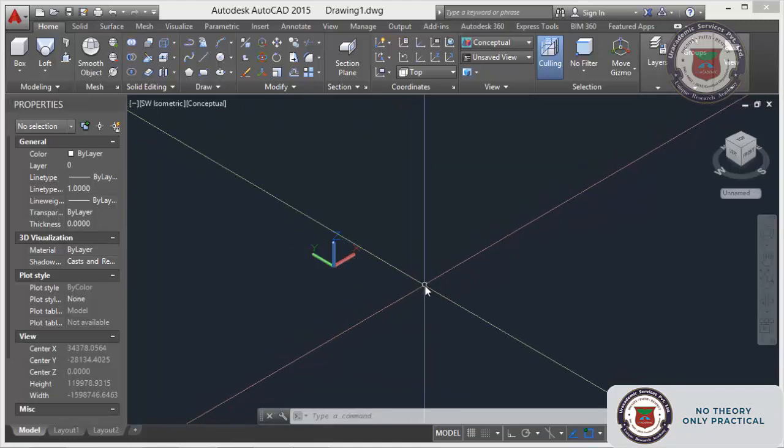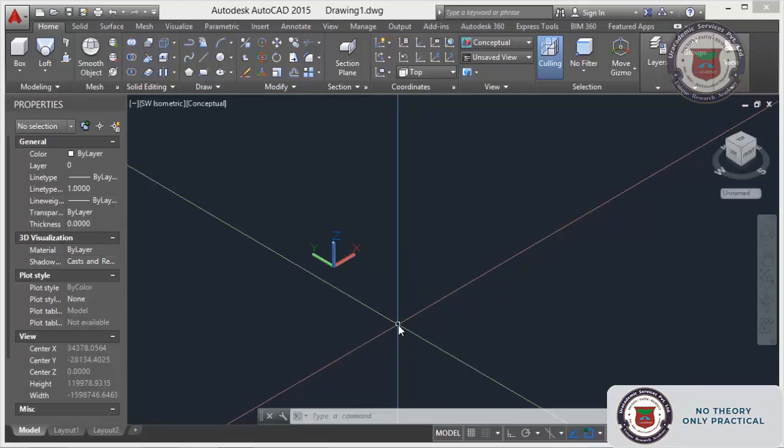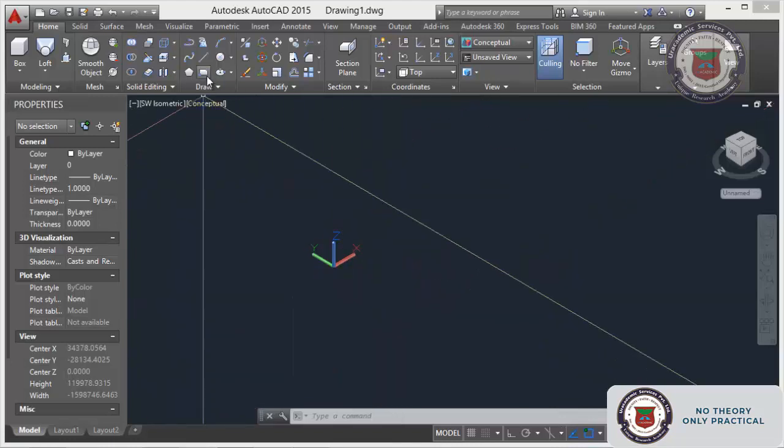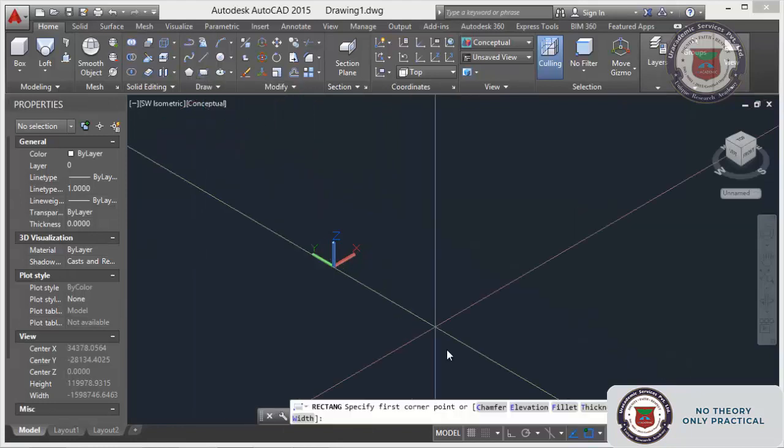First we will give a certain cross section. After that we will go for the other one. First I will do the simple loft command. After that we will practice on different difficult shapes or surfaces, something like that. Before that I will start with a simple cross section.